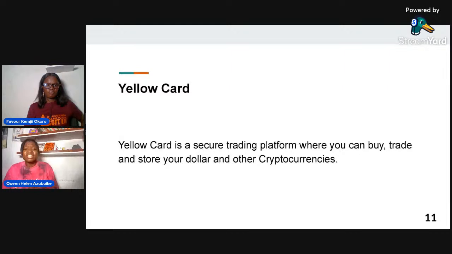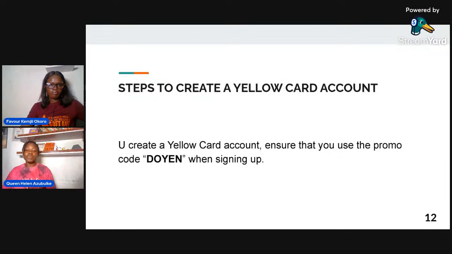I usually call it a playground with your finances, where you can understand money, you can invest money, and it will just be there looking at you, and you'll be happy. All right. So it's a trading platform where you can buy, trade, and store digital currencies and dollars too. I encourage people, because I think